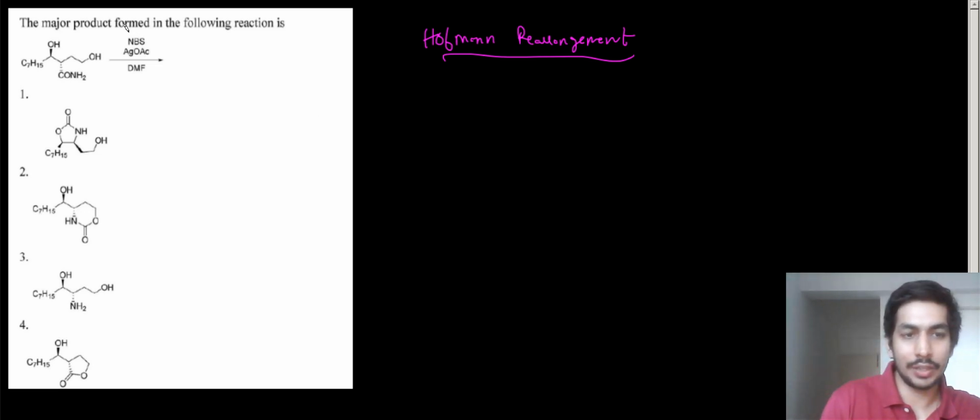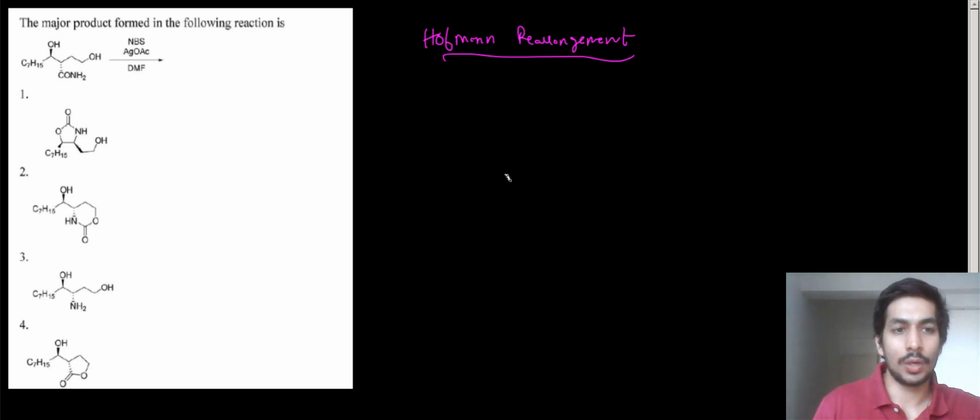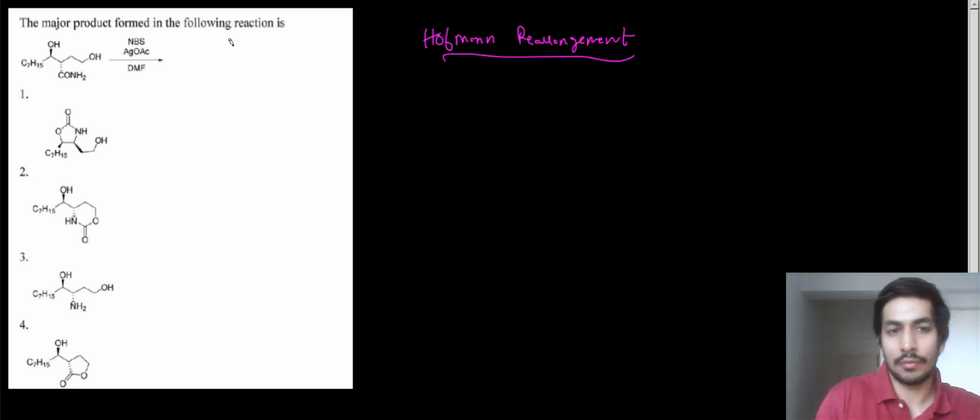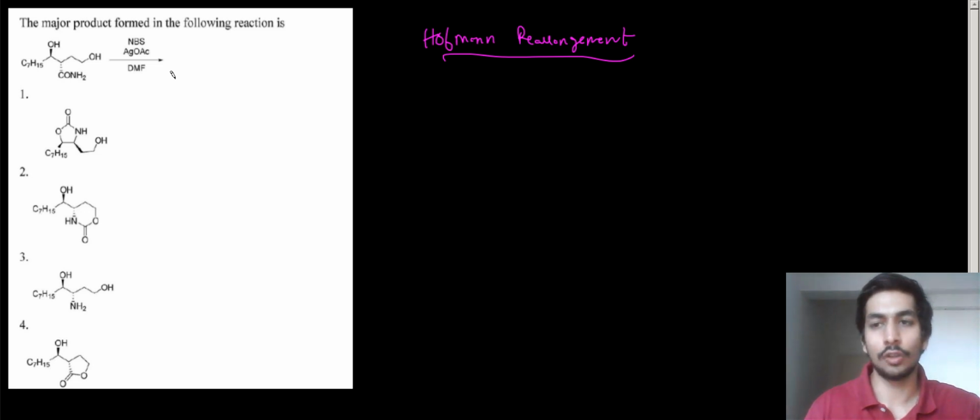Basically, first of all, again we have been given NBS. Over here, NBS is basically an electrophilic source of bromine, like we already discussed, because the conditions over here are polar conditions. There's no condition given where it can act as a radical. There's no radical initiator, and there's no photochemical light given to us, and plus it is given in polar conditions. So in polar conditions it will act as an electrophilic source. Generally for radical mechanisms you will be given non-polar solvents like CCl4 or something of that sort.